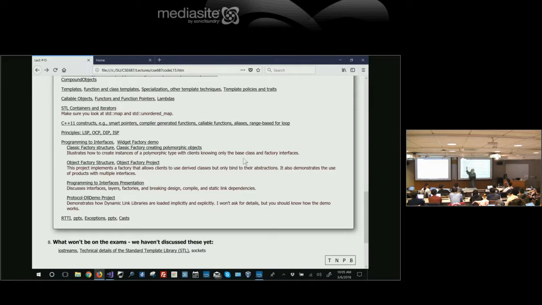OCP, unlike the others, is very broad. It simply says, do your best to modify rather than change. Try not to change, try to modify instead of change. But it's really a try. So very broad. The other three are quite specific. That one's broad. Doesn't mean I won't ask about it.